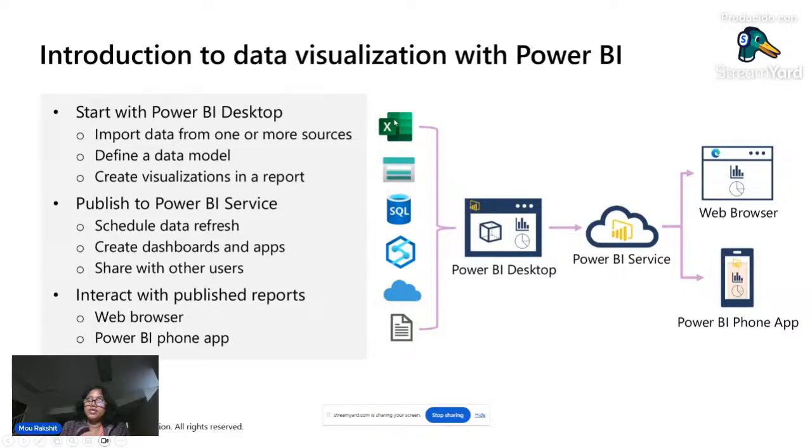Because you could be connecting to your lakehouse delta table, and you could be connecting to your KQL data sets as well. So you would like to get your dashboards refreshed as the new data shows up in that particular source table to which you are connecting, or set of tables that you would like to refresh. So you can schedule the refresh in that Power BI report within the Power BI service.